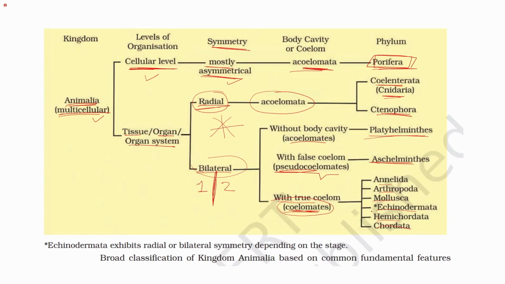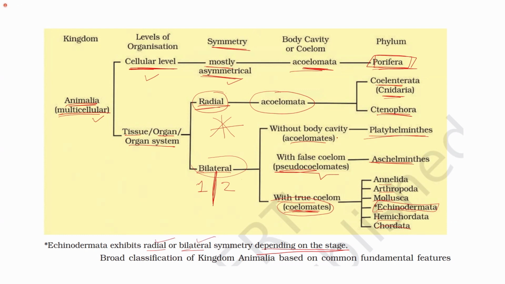But here, the point that we should notice is that we have a star marked here on echinoderms. So why are they star marked? Because in the last lecture also, when I was teaching you about symmetry, we found that echinoderms contain organisms that have both radial and bilateral symmetry. This radial or bilateral symmetry depends upon the stage. So we can say that the adults have one symmetry while the larval stage has a different symmetry. So depending on the stage of the organism, whether it is larval or adult, they may exhibit radial or bilateral symmetry